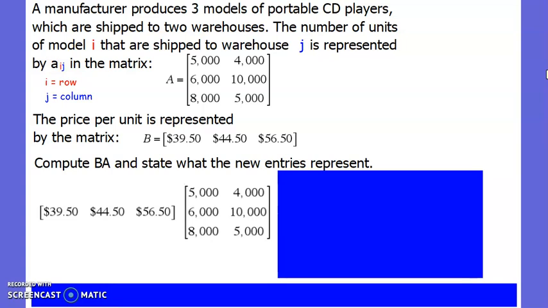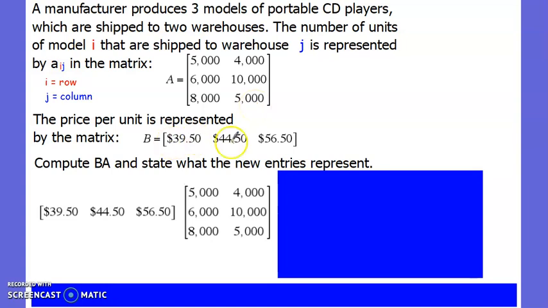We've got a manufacturer with CD players. And a little bit of an old example, but that's okay. But we've got our matrix organized here. Again, model I, so all of the rows, right? All the rows are referring to the number of units that are shipped at each warehouse, J, right? J being the column. So we've got two different warehouses. We can call them A and B or whatever we want to call them there. But again, we've got the inventory for each warehouse